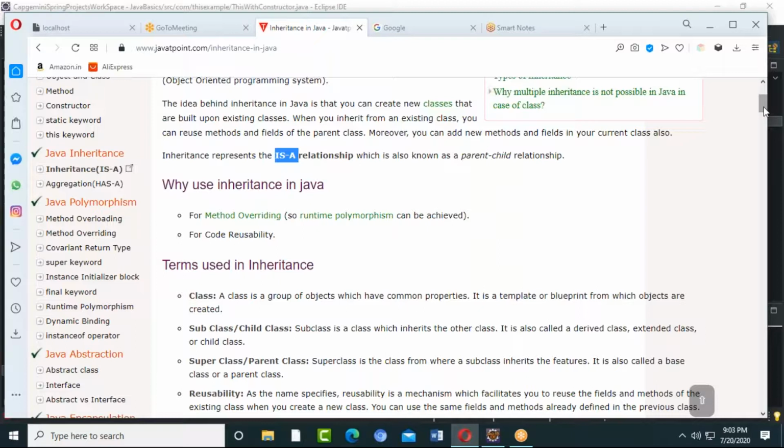But if the two classes don't have any relation, then we must create an object and access it. That means you are allocating memory for that object in your local class and you are ready to access it.